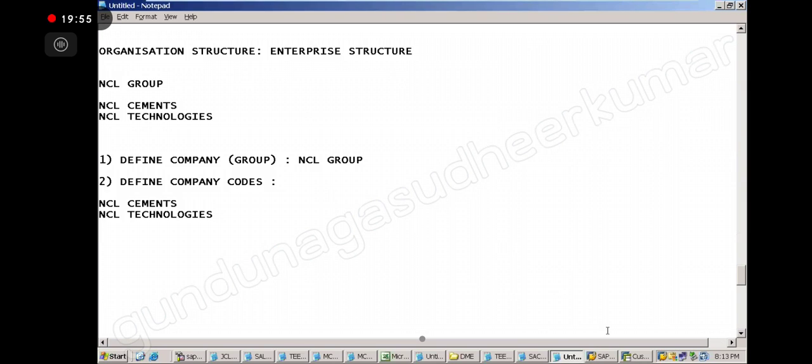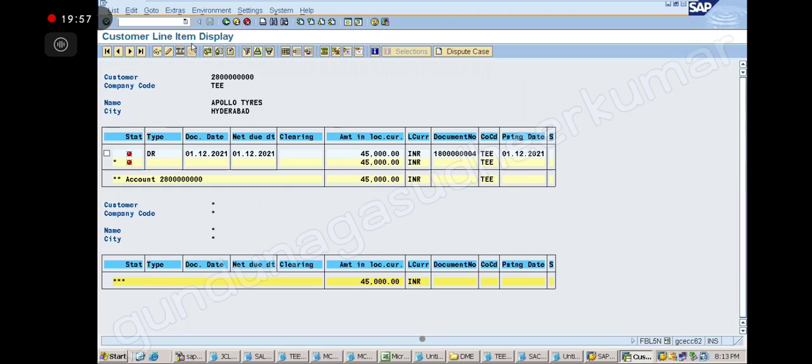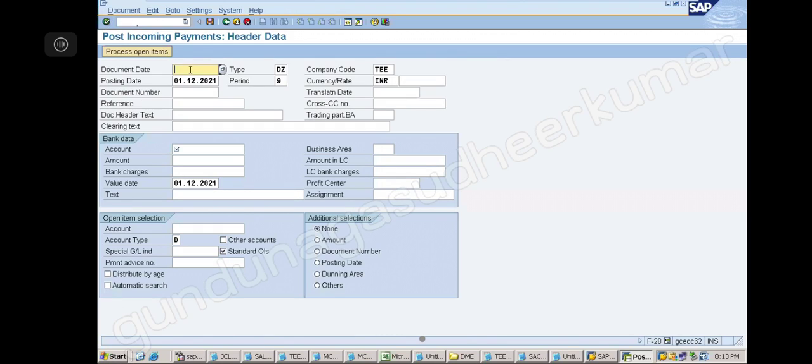Now I'm going to go here, /n F-28. I'm receiving the money. I'm giving the date here like this, and I'm giving the bank account. Amount, how much? 45,000 is the invoice amount.